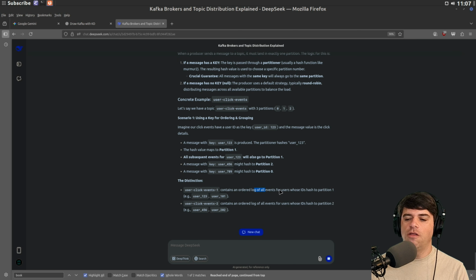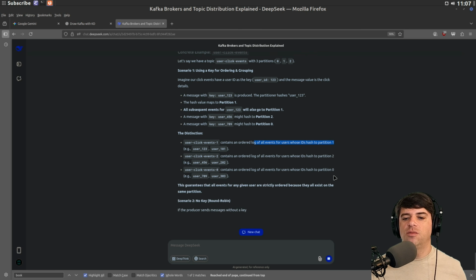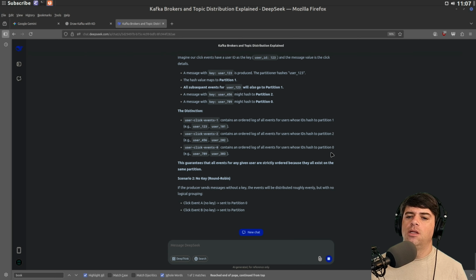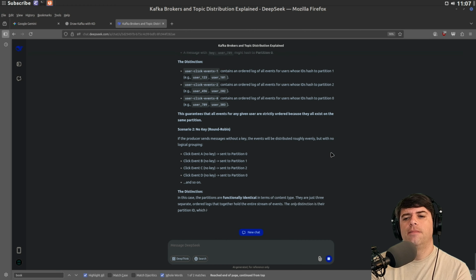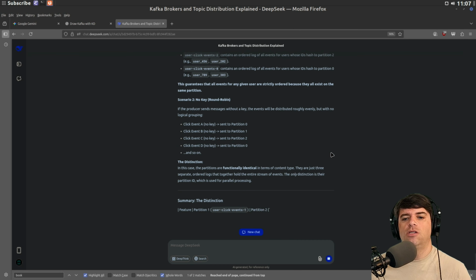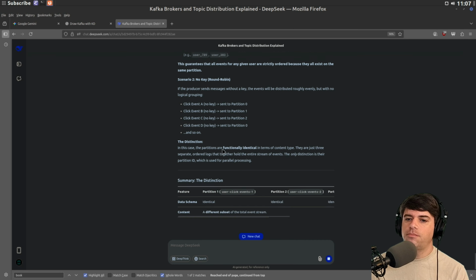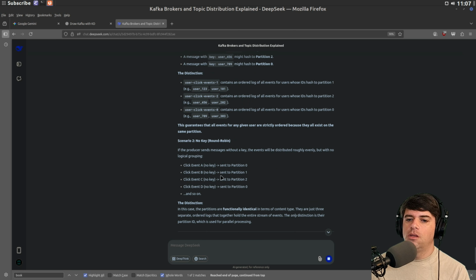So just all the things whose IDs hash to partition 1. Okay, so in this case, they're using user ID to be, what is it, the key? If the producer sends messages without a key, the events will be distributed roughly evenly, but with no logical grouping, just round robin.